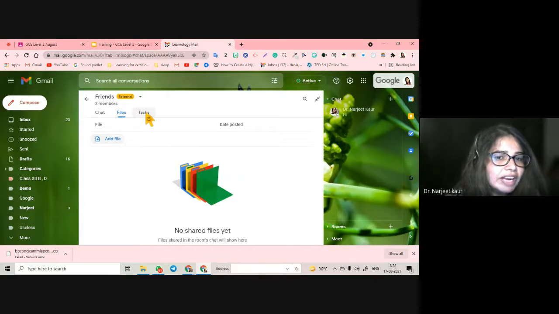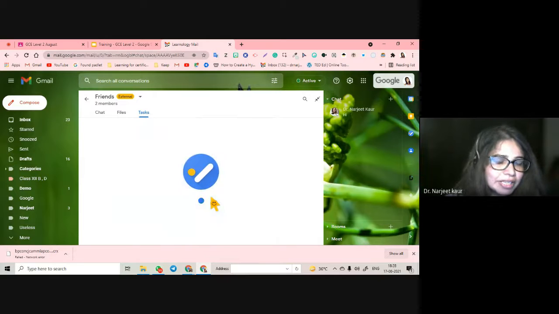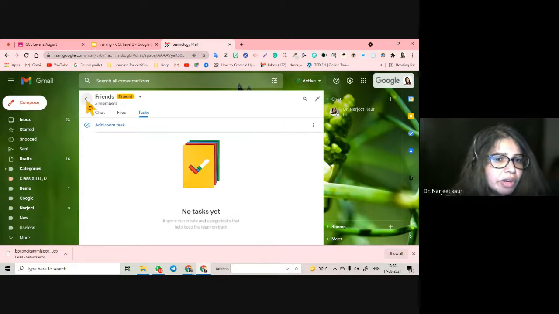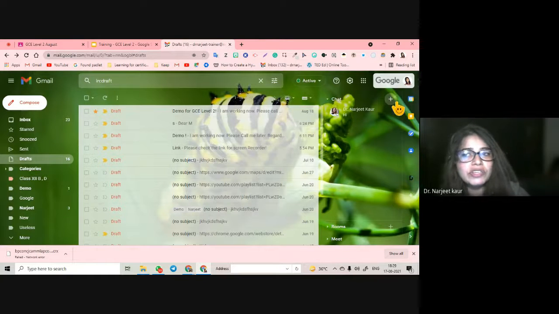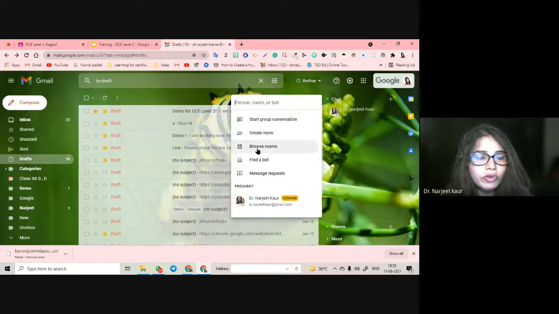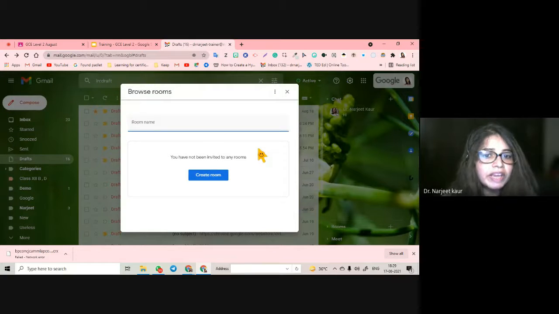You will see all the files and all the tasks that have been scheduled. This is a very beautiful option. Not many people use it, but this is a very efficient option for school professionals. They can create and chat for a room. They can browse the room also. If you are given a name, for example, I tell that my group name is friends. Okay, this room does not exist, or you can create a room with the same. You can show the invites and everything.